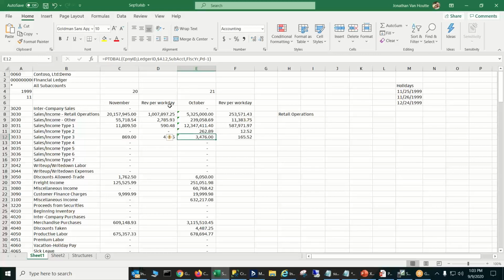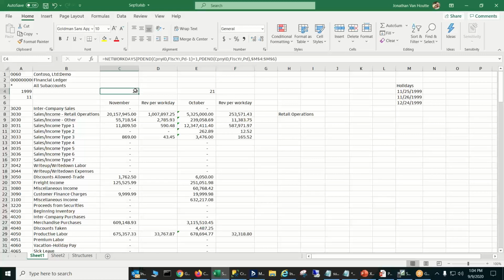And I did a couple of other things here. So I went down and maybe this would have been good. There weren't many payroll expense accounts in here. So maybe, let's use this one. I'm just going to copy this down to here, and I'll copy this one. Or I could have just copied this one over to here. Okay, so